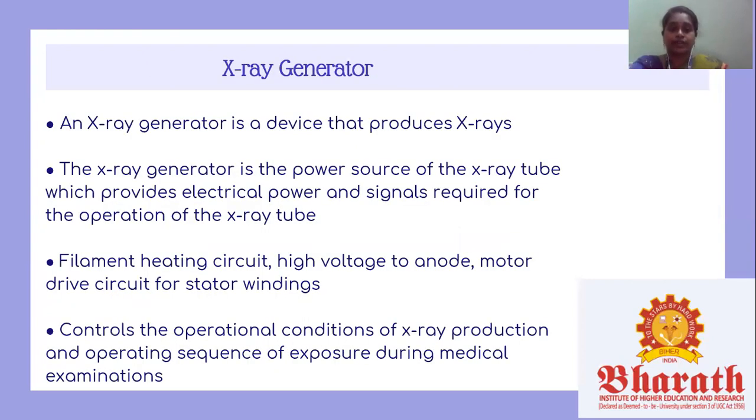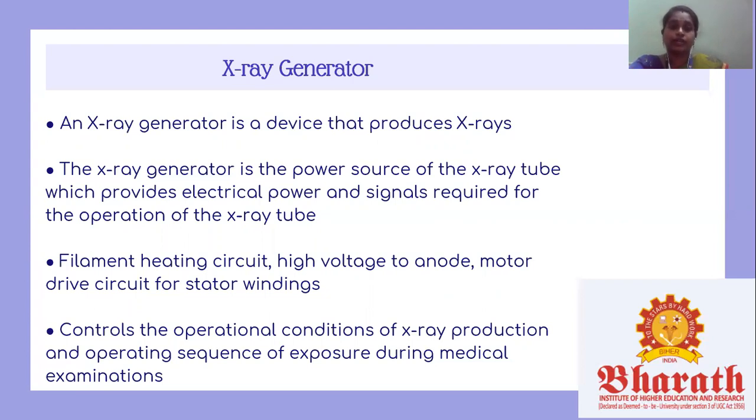So next is the X-ray generator. An X-ray generator is a device that produces X-rays together with an X-ray tube and detector, and it is commonly used in a variety of applications, including medicine, X-ray fluorescence, electronic assembly inspection, and measurement of material thickness in manufacturing operations. In medical applications, X-ray generators are used by radiographers to acquire X-ray images of the internal structure of living organisms, like bones, and also in sterilization.